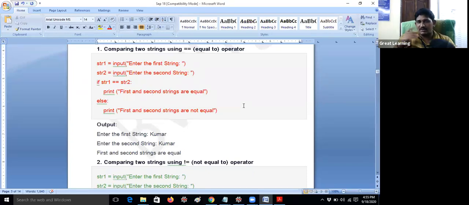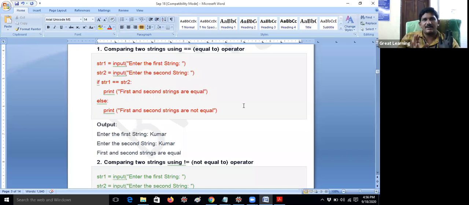Especially for the second CSC students, one thing: whenever this is asked in the examination, comparing two strings means you don't need to explain all 5 methods. The syllabus does not mention anything, and even the curriculum textbooks give only one example. But I am giving 5 examples for understanding purposes, and it may be useful for your future. For the Python subject you have to prepare at least one week, so don't think in that way. Just prepare at least one topic.